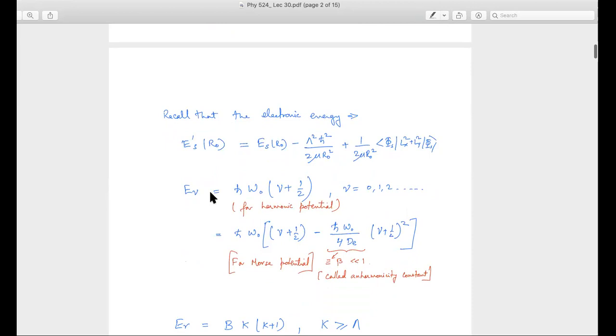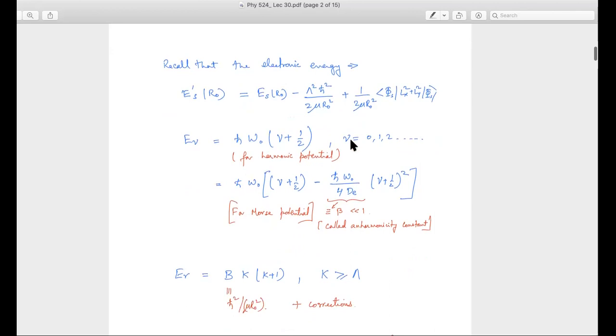And the E nu, we approximated. The simplest approximation was that near the minima of this ESR potential well, we can approximate this as a quadratic potential. And then this quadratic potential just became some half k (r minus r naught) whole square, etc. And the equation of the radial, the internuclear separation coordinate, just became a 1D harmonic oscillator problem, basically. Okay, and that gave us this h bar omega naught (nu plus half).